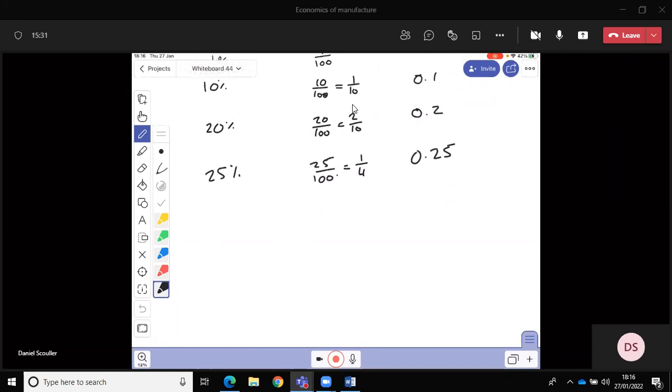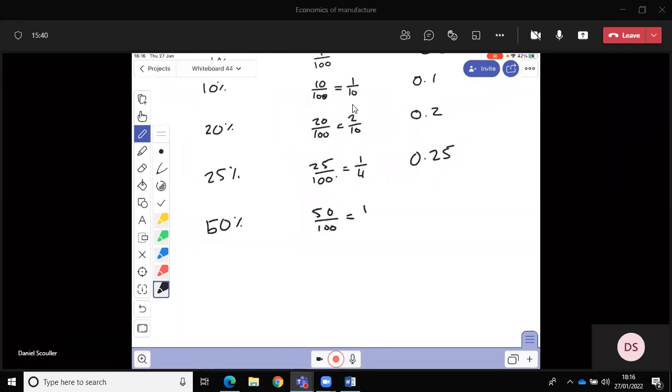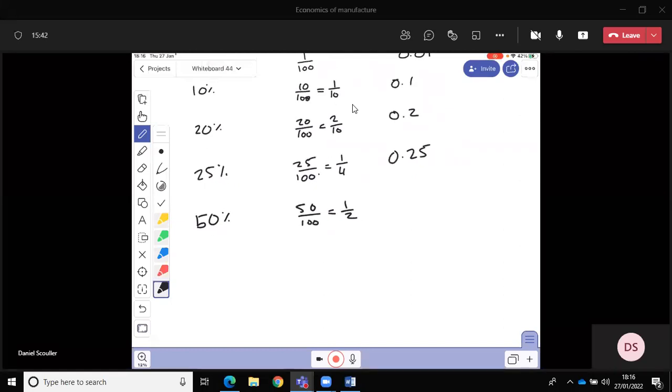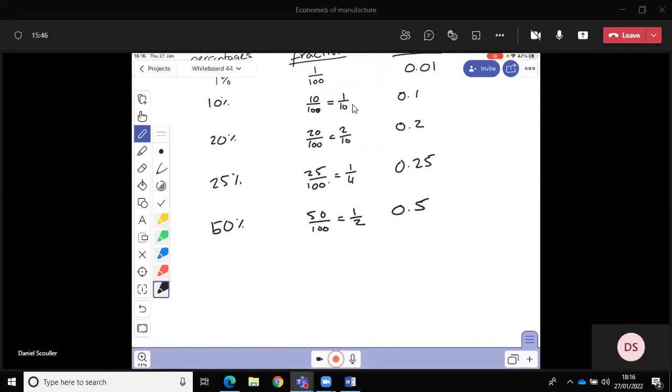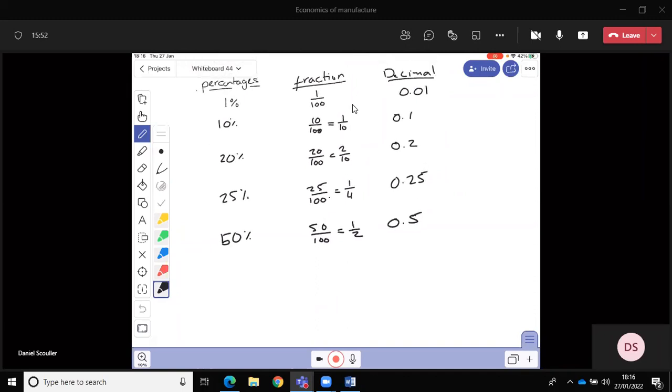Okay, 50%, probably the most common one we see. It just means 50 over 100. That simplifies down to half, so when you see half of something, it can be written as a decimal, 0.5. Less common ones, below 100,